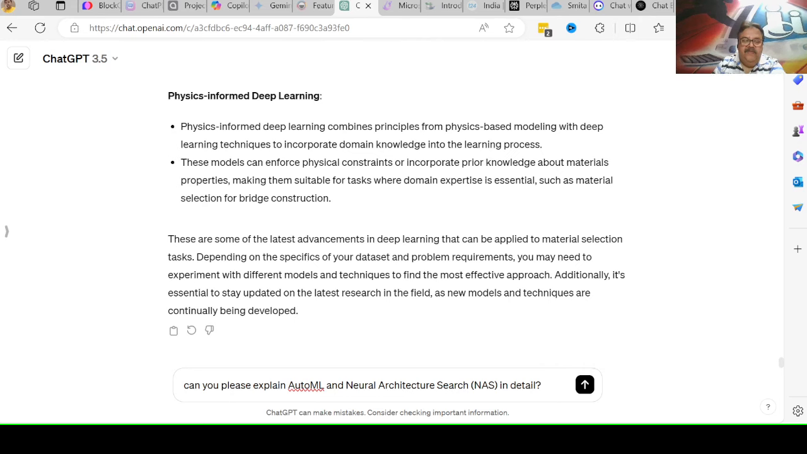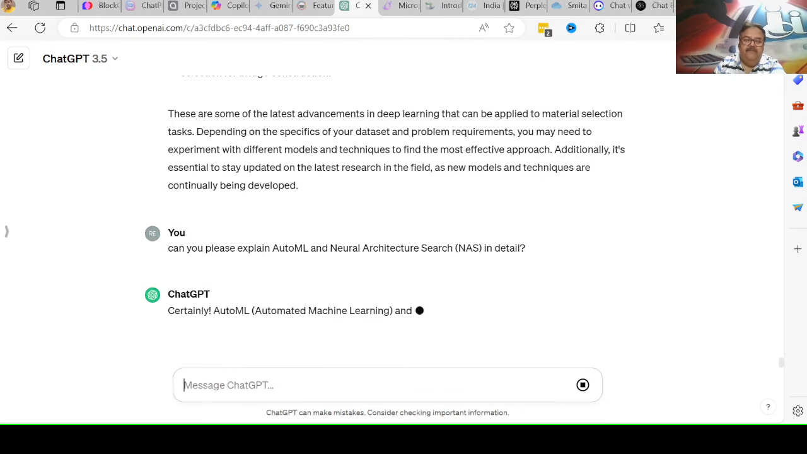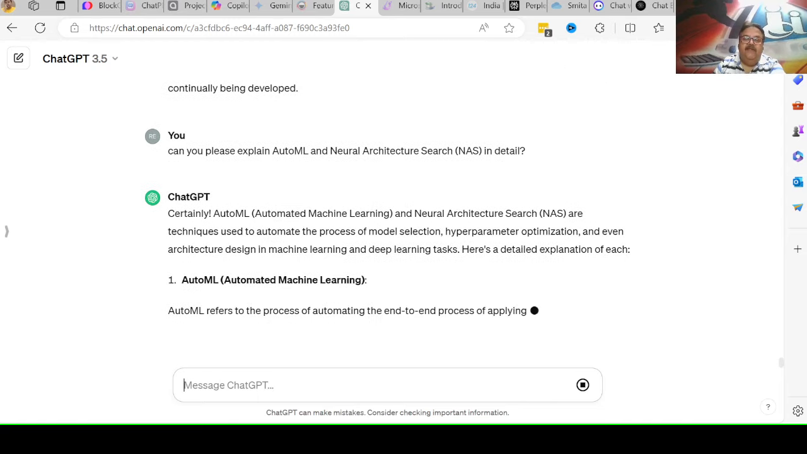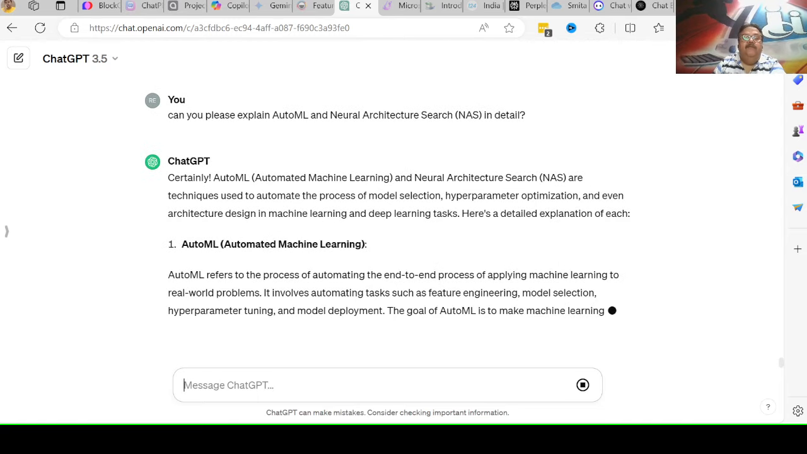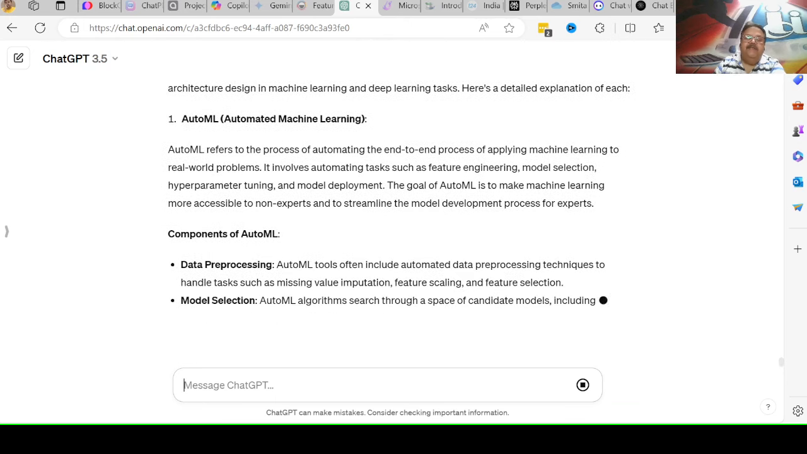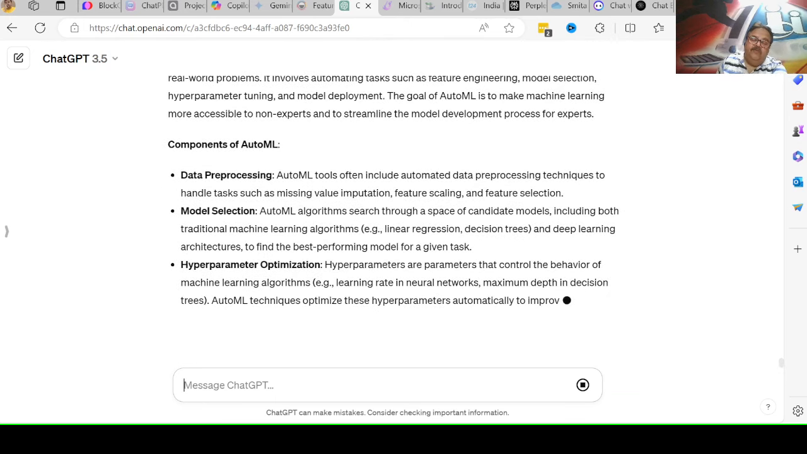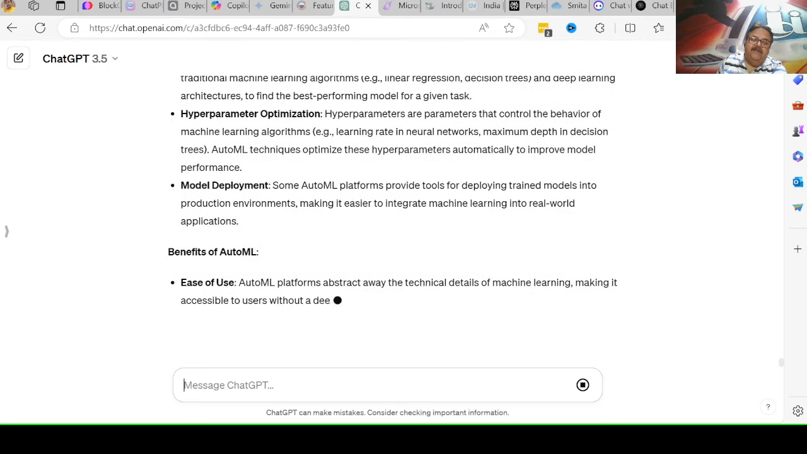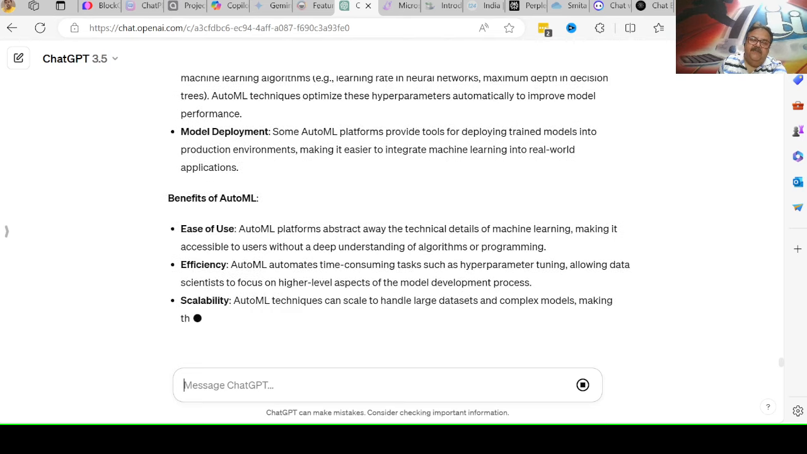Okay, now can you please explain AutoML? I want to use AutoML and neural architecture search in detail. I just wanted to know about that because I would be using one of them. NAS is a subset of AutoML only, but let's see that. Because you have to understand anything before using anything. You should understand what it is. Just see,